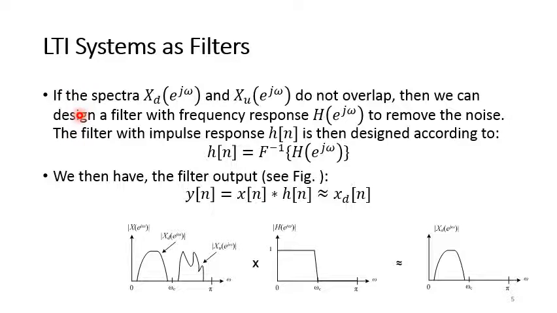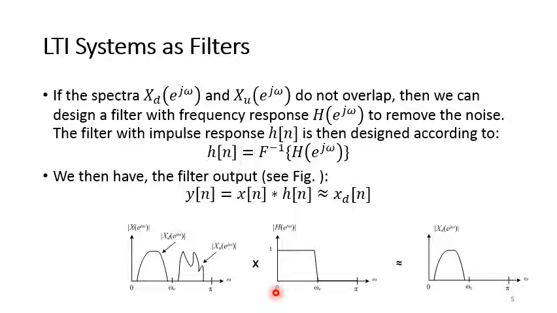So if we take the Fourier transform of the input signal x of n, and we find that the desirable part and the undesirable part are apart from each other, right? They are at some frequency distance, right? So for example, the desirable part is from here up to omega c, and the undesirable part is from here up to here. Okay, now to extract the desirable part, we should design a filter such that it has response